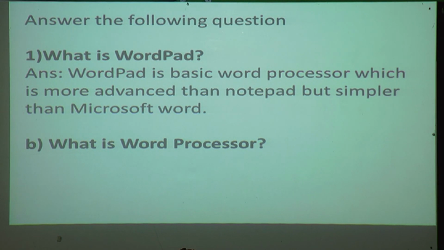And what is the use of WordPad? Yes, for writing we use the WordPad, and in WordPad we can change the font size, font color, font style. Now what is the second one? What is word processor?